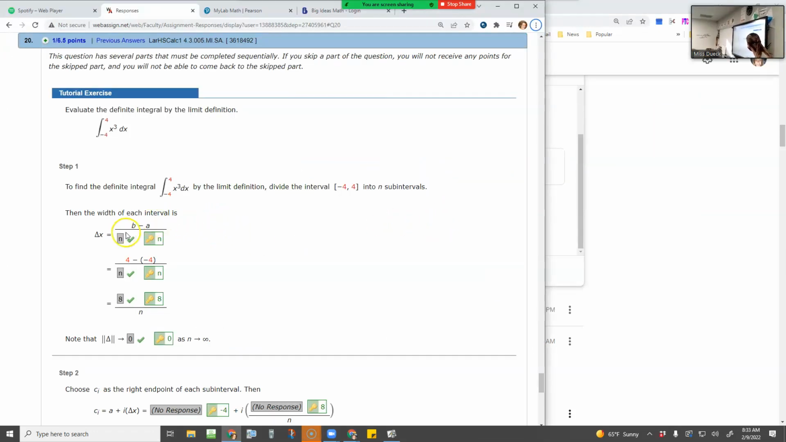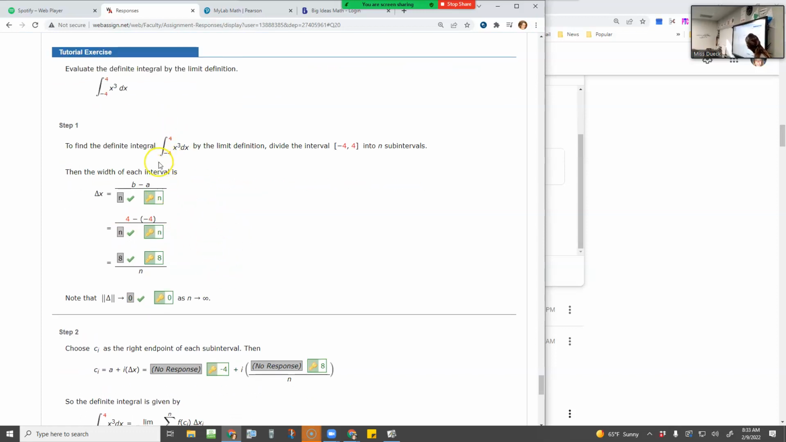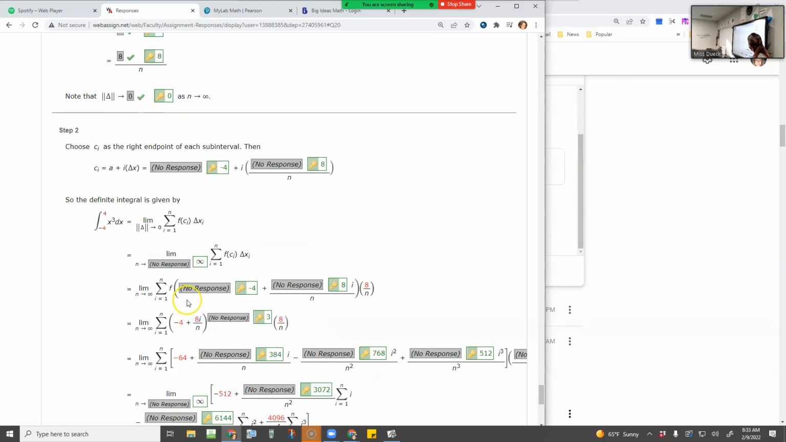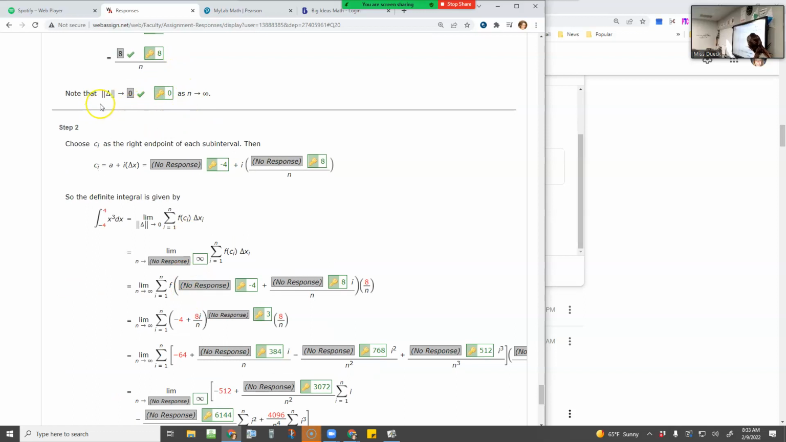They're doing things like formulas. What is delta x's formula? Then they're doing things like plugging in -4 to 4. Then they're plugging in your bounds and getting that. And then they're having you use the limit definition to say, hey, remember the limit definition says this guy needs